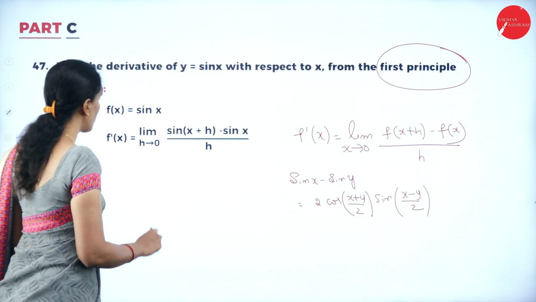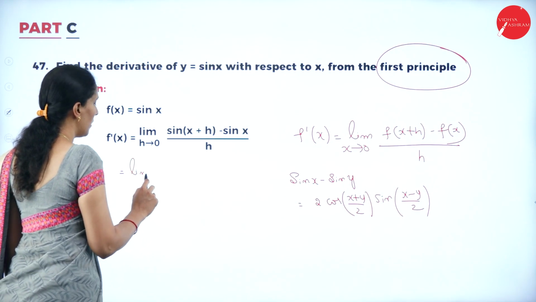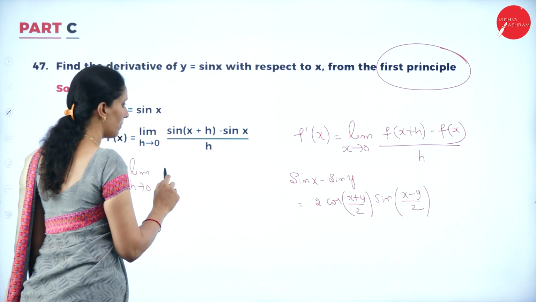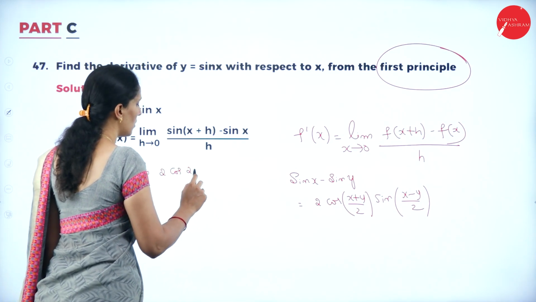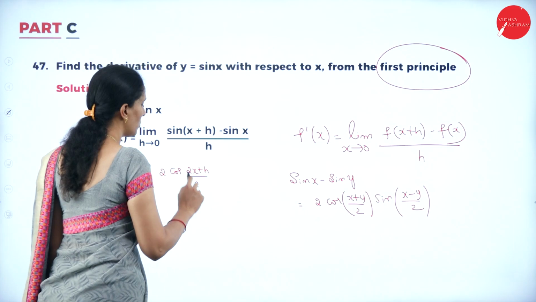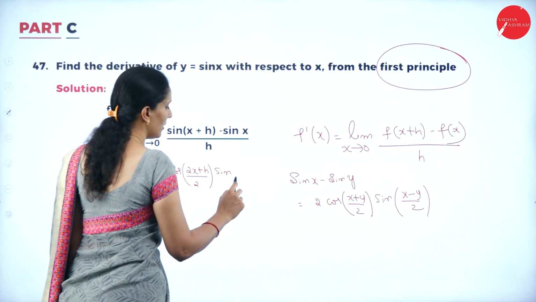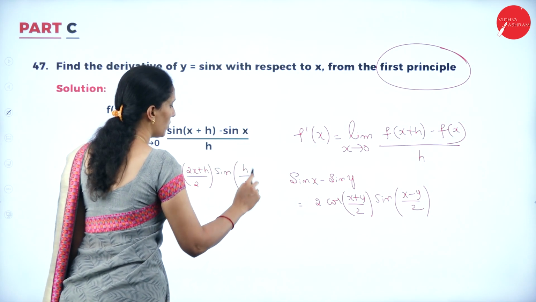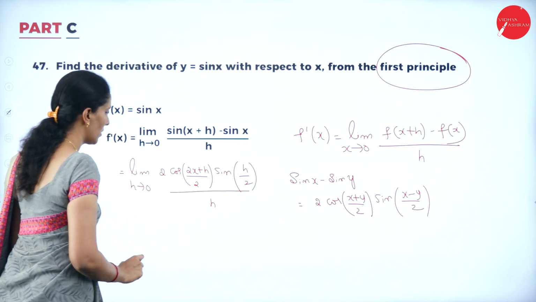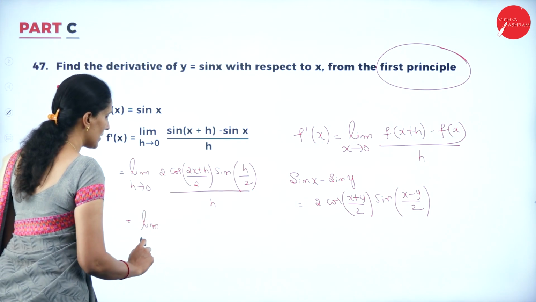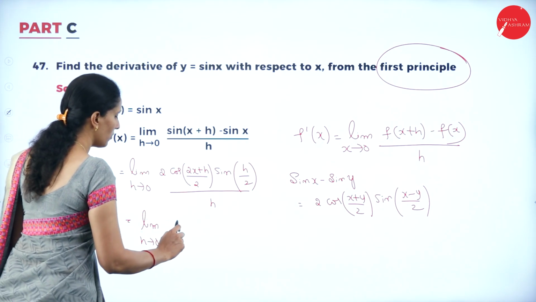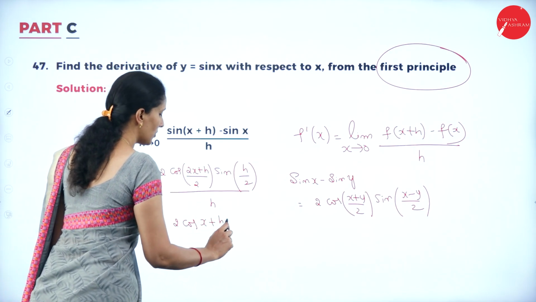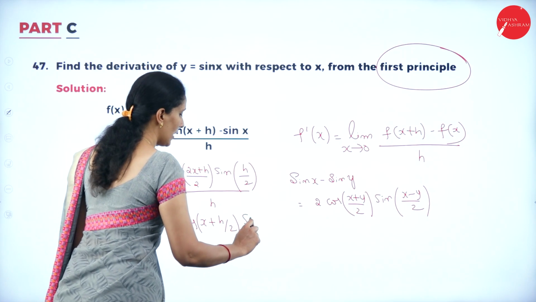Using this transformation, I can write limit h tends to 0, 2 cos of (2x plus h) divided by 2, and sin of (x plus h minus x), which is h by 2, whole divided by h. When you apply the limit as h tends to 0, you can divide it, and you will get cos of (x plus h by 2) times sin of h by 2